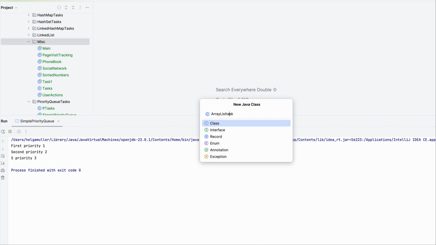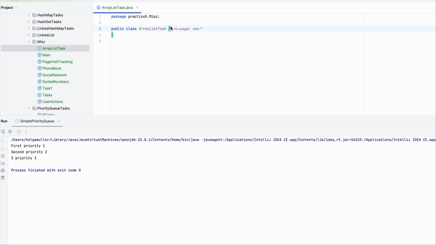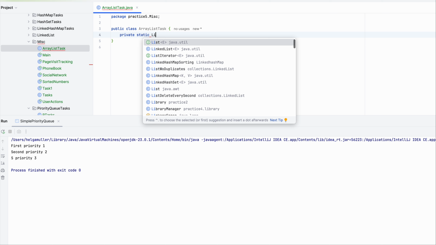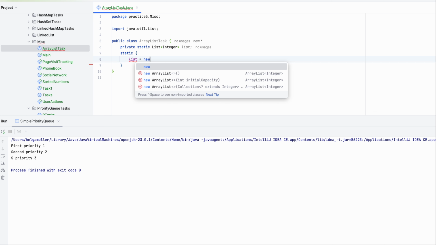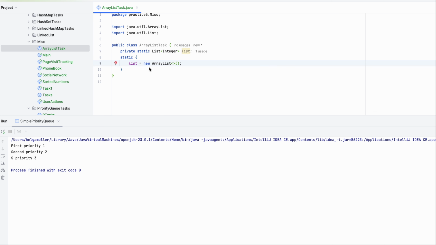Task, and let's create a private static list. Let's make it an integer list, and let's initialize it in a static block as an array list. So list as a new array list, and let's create a main